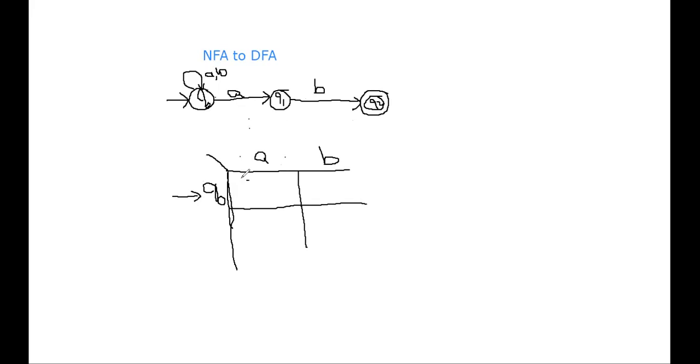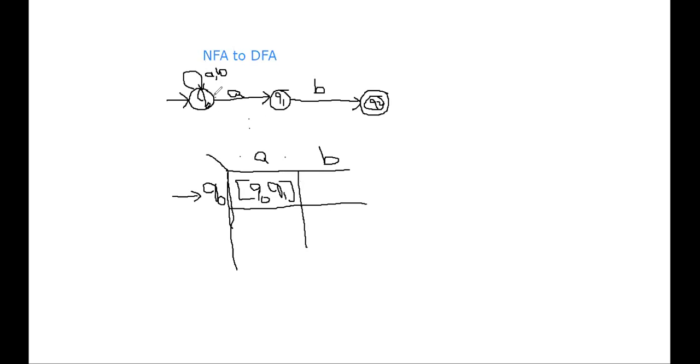Now take those two states as a single state by representing them in braces. Q0 on A is {Q0, Q1}; no need to separate. Q0 and Q1 directly written, this is one state. Here we are treating this particular combination as a single state in the DFA. So Q0 on A is Q0 as well as Q1. We got two states, but in the DFA we are considering those two states as a single state.